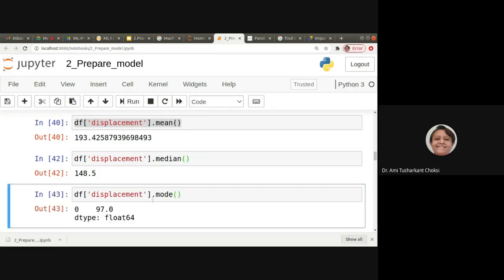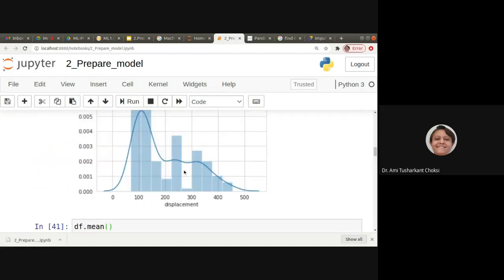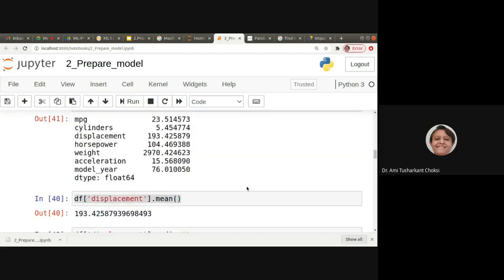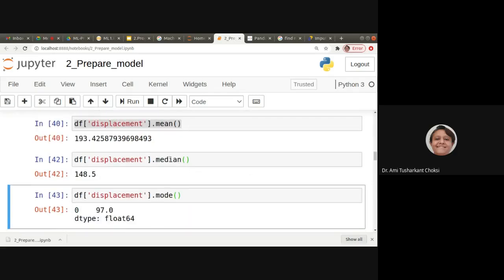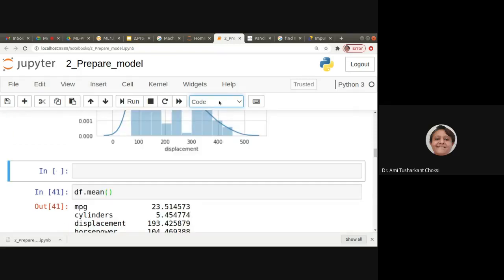So where is the value? We know that if the distribution is positively skewed, and from this figure we can see that it is positively skewed, right? So what do we say about that? Let me show you here. Let it be marked down so we can write the text for it.